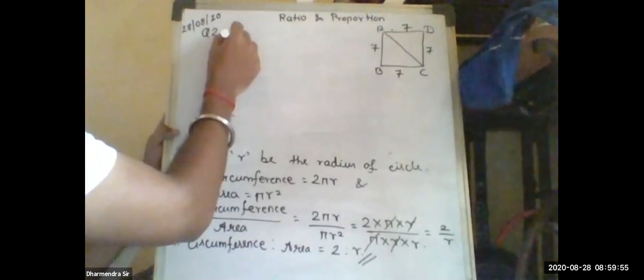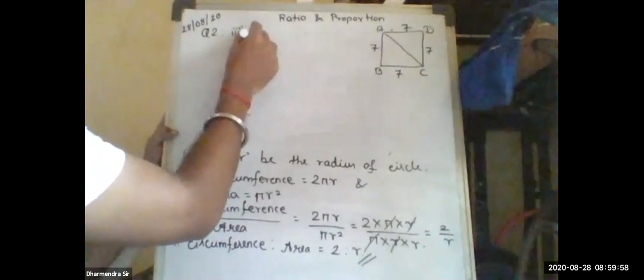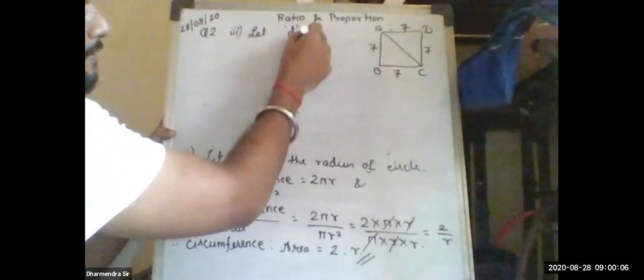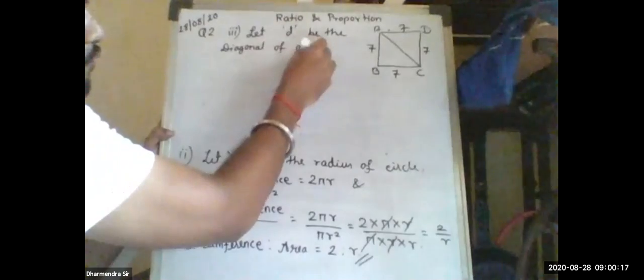So diagonal. Here we can see that our diagonal is AC according to the figure. We need to find AC upon any of the sides. So all the sides are same, so you can take any side, whatever you feel like. So let small d be the diagonal of a square,